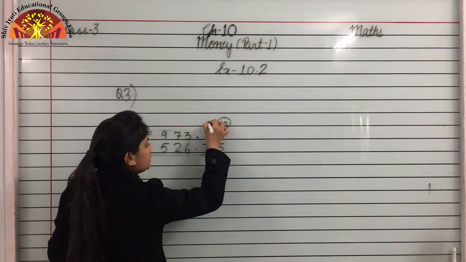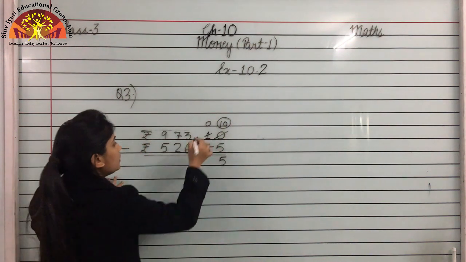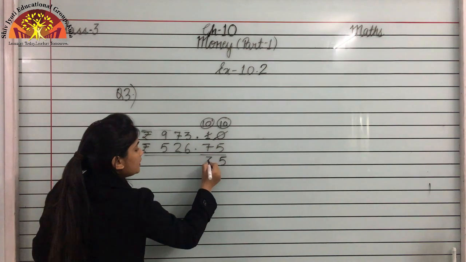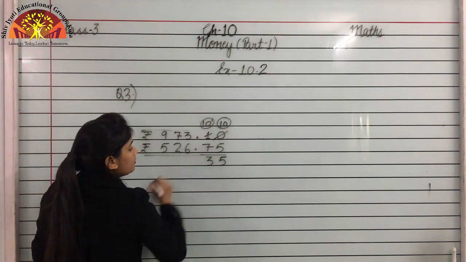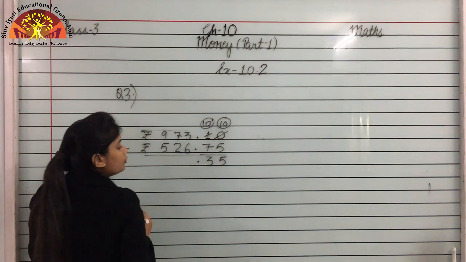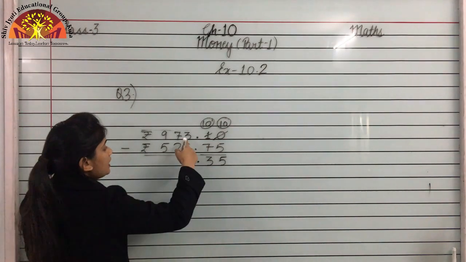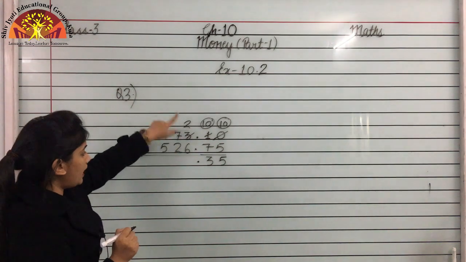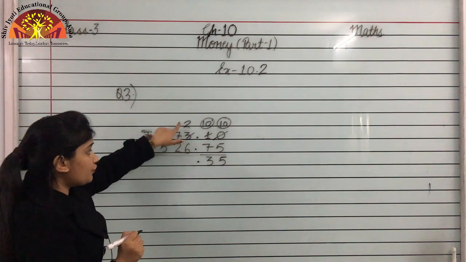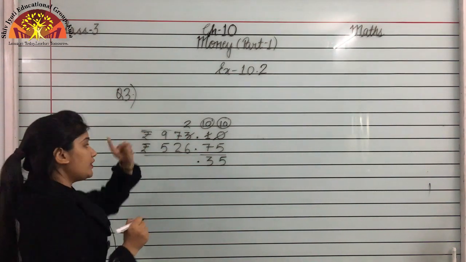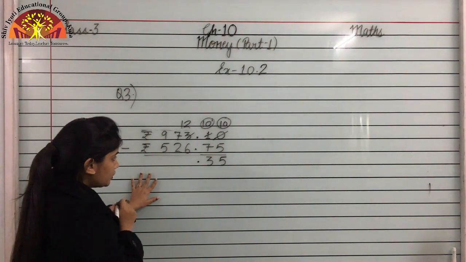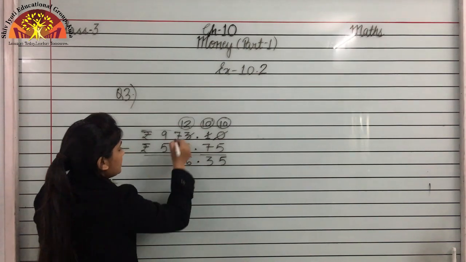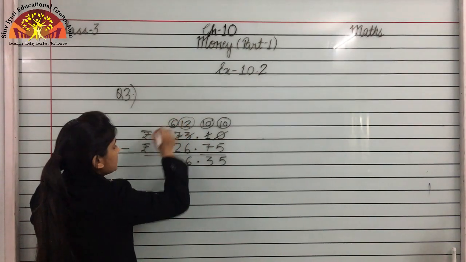So 10 minus 5 is 5. यहाँ क्या हो जाएगा? 0. So again we have to borrow 1, so it will be 10. Now 10 minus 7 is 3. Now we can see dot is coming in this question. So again we have to put a dot in the answer also. And now students, this will be 2. इसने अपना 1 इसको दिया. This will be 2. And again we have to subtract 6 from 2, which is not possible. So again we have to borrow 1. It will be 12. And 12 minus 6 is 6.